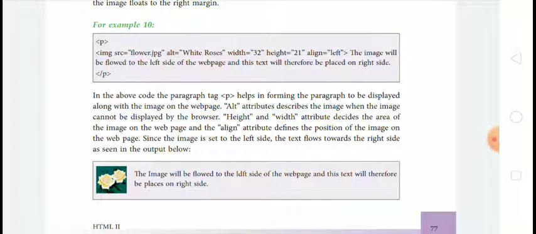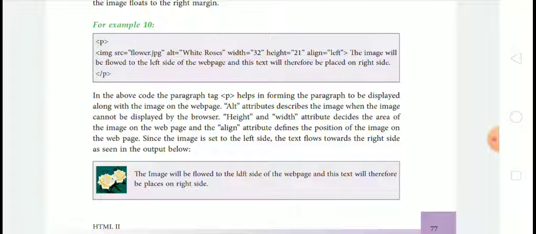P tag, then img src equal to flower.jpg, alt equal to white roses, width equal to 32, height equal to 21, align equal to left.